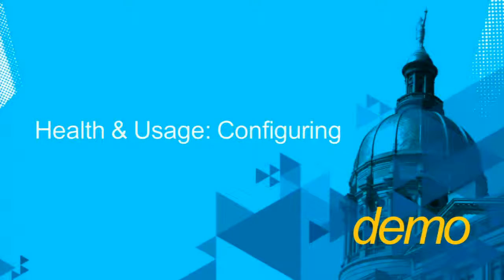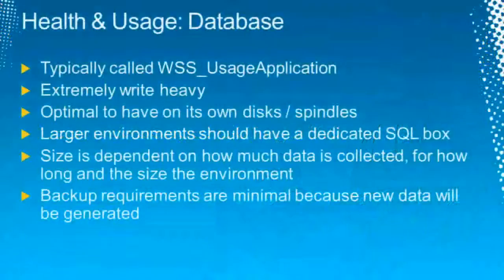Flip back to the slides here. Basically, the next thing that we'll talk about is the actual database that the health and usage is writing to. Typically out of the box, it's called WSS_UsageApplication for the database name. Obviously, if you run the configuration with it, it's probably going to append a GUID on the end, and you've got a 26-character string underneath it. And you'll see in our example that I actually do have that on there,